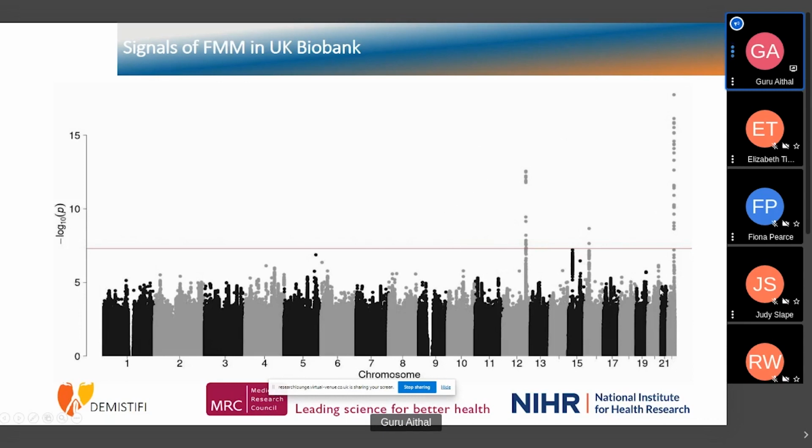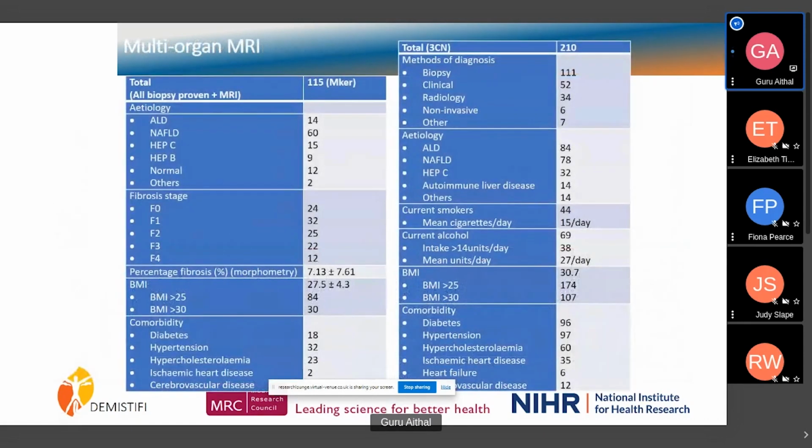So these are the preliminary signals that we see, which are identified by the preliminary analysis that we have done in a biobank as signals that are common in people who have got more than one organ fibrosis. I told you how we defined it in UK Biobank previously, which means that maybe there is some plausibility in the hypothesis. That is one of the signals. This is another thing we are going to look at.